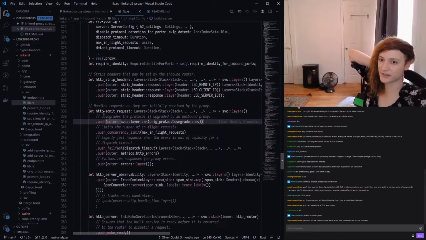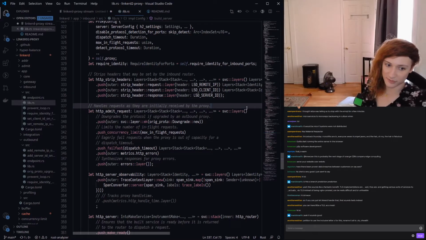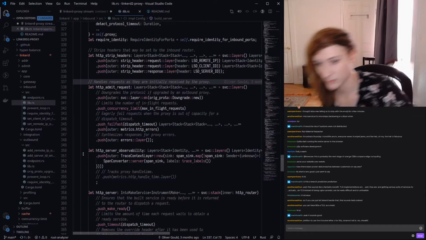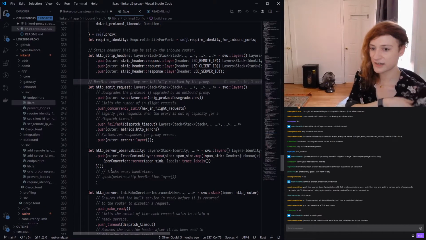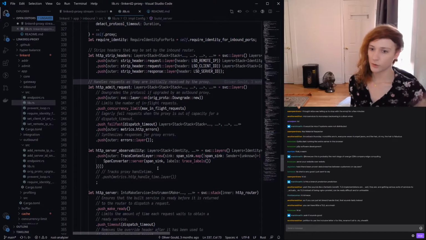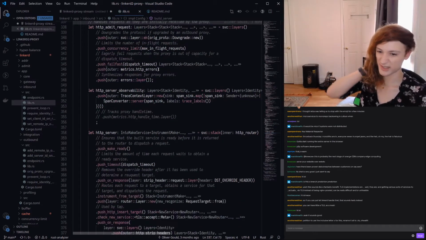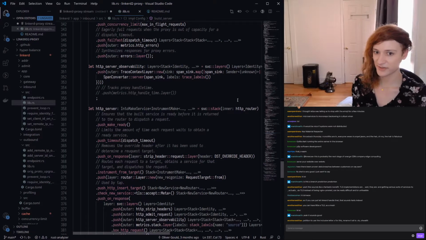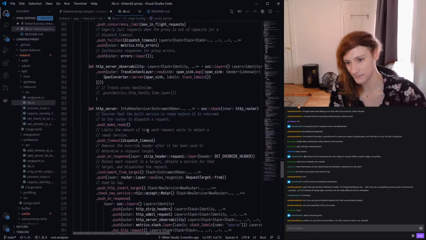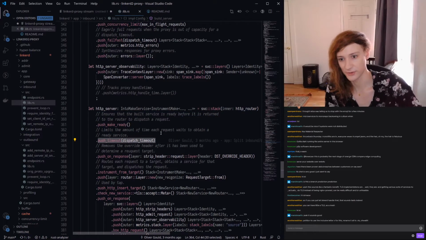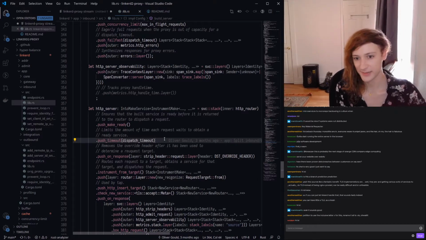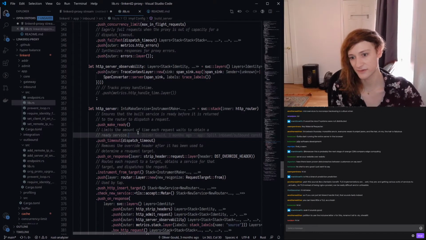And then we have this request coming into the proxy, so we create this admit request layer, and then we have an observability layer, and it looks like it does some tracing stuff, some OpenCensus distributed tracing propagation, and we have this HTTP server. So we take an HTTP router, and we push a timeout onto it. We're saying when we're routing these requests, we want to add a timeout to how long it takes to obtain a ready service for that request.